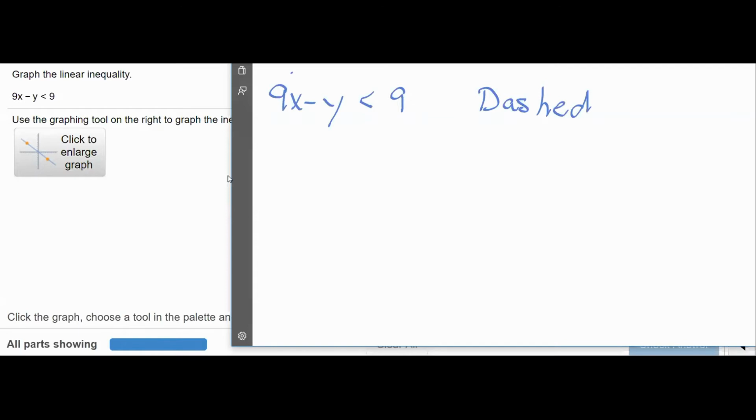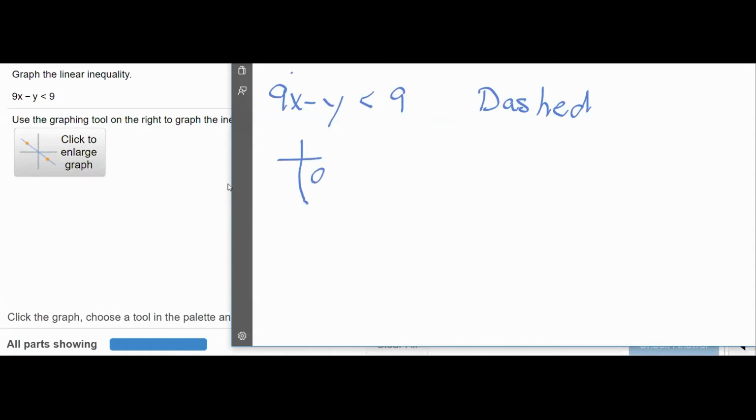You could solve that for y and get the equation of the boundary line if you also pretend that's an equal to. But I'm a little bit nervous about that because there are times when division or multiplication by a negative switches the direction of the inequality symbol. And I would not be surprised if a lot of people don't temporarily pretend that we have an equal sign. So instead,